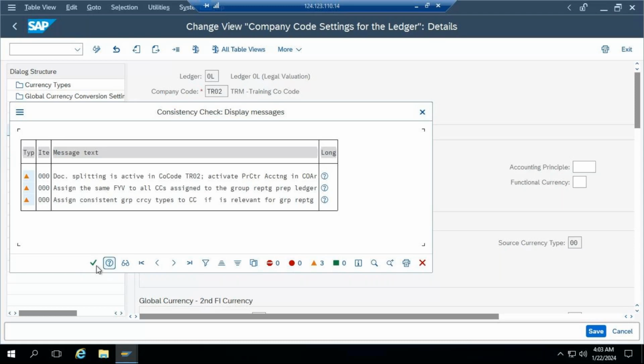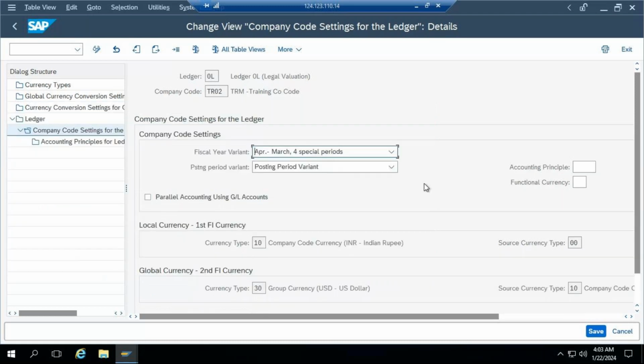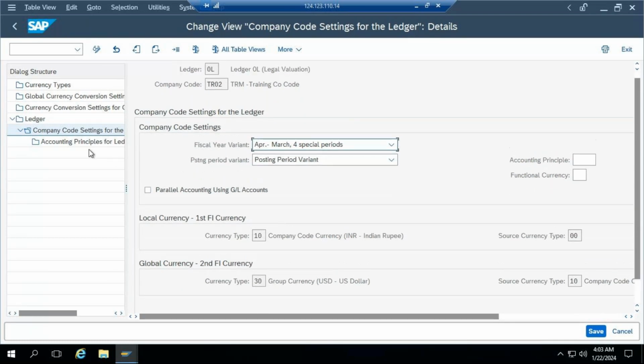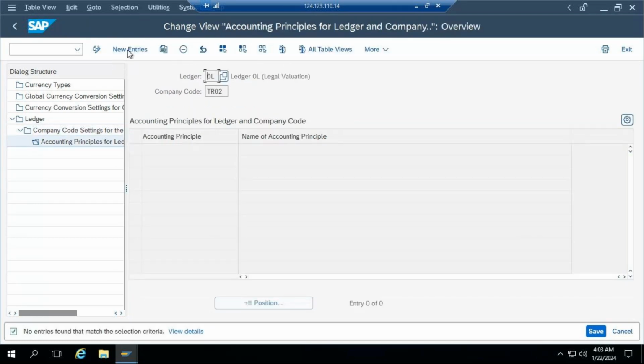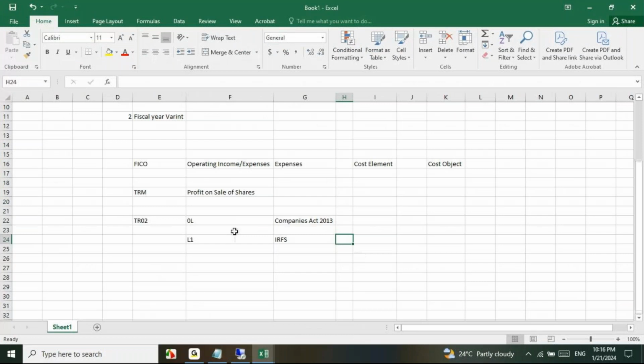It's saying profit center account to be activated. Fine, we'll do that. April to March, that's all fine. And here you can see accounting principles. So for example, let's say we have one leading ledger, 0L, and non-leading ledgers